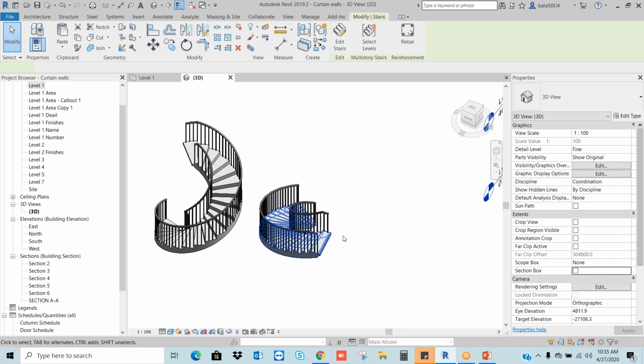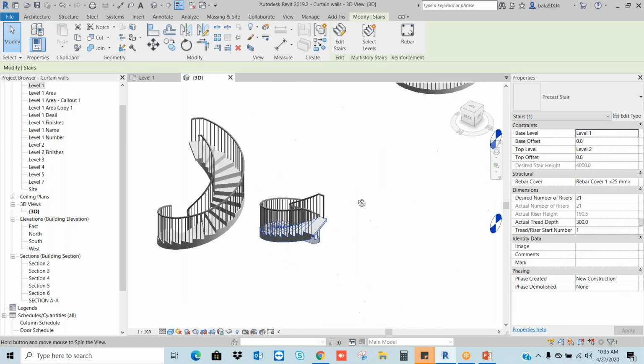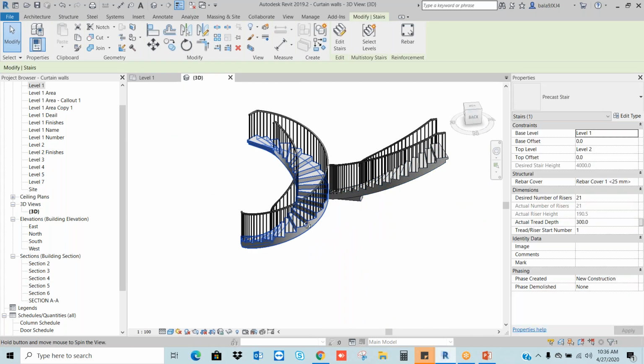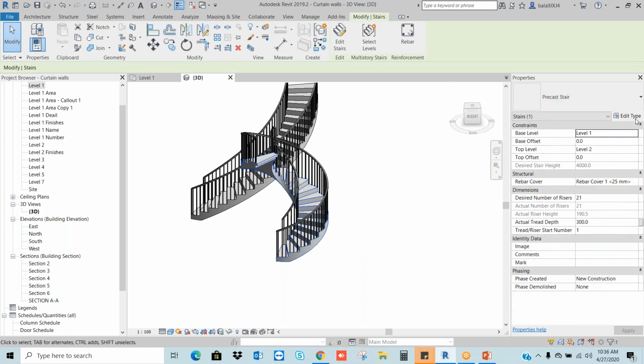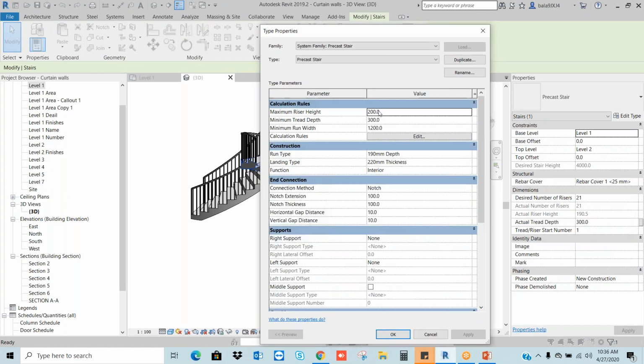The spiral. So we need to choose the radius of the spiral. For this staircase also you can change the riser height and thread width.